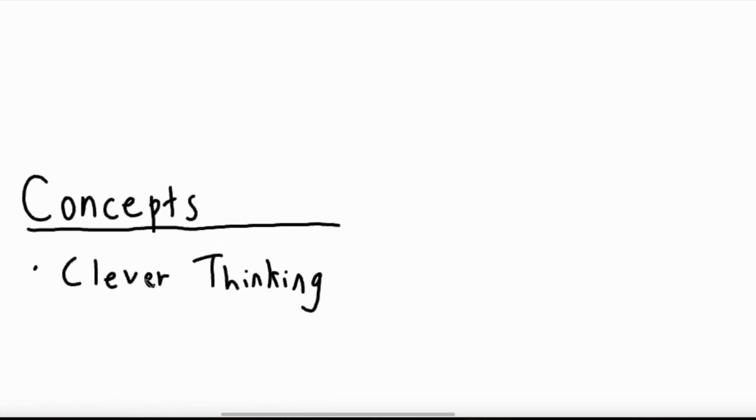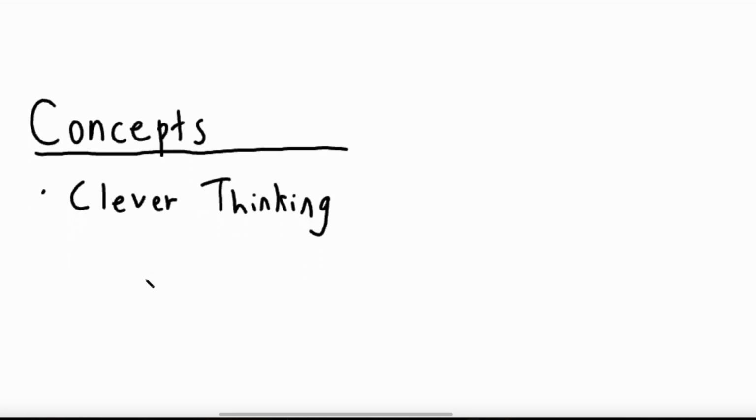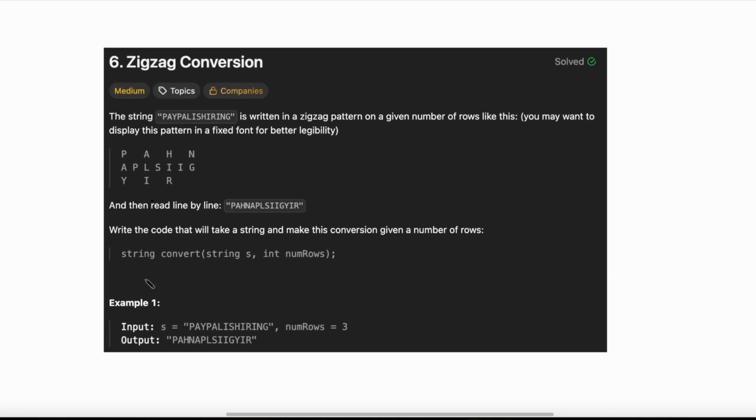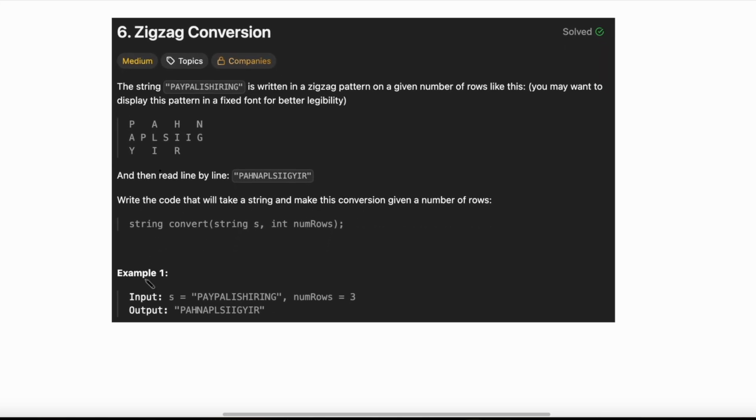Problem 6, Zigzag conversion. To solve this problem, there's really not many concepts, it's just clever thinking. And it's not even that clever actually, it's just doing what the problem says. And what I mean by this is, we have the zigzag conversion problem, and it states we're given a